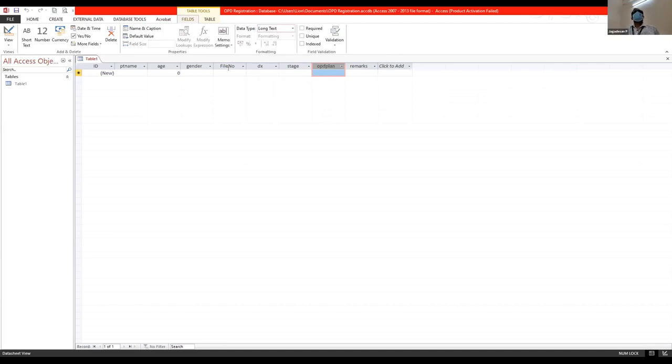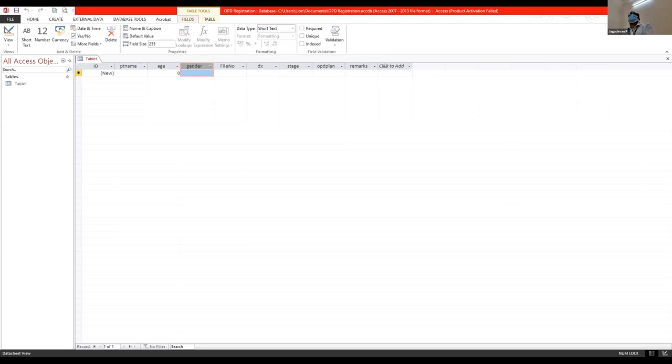In some places I would want drop downs, like in gender, we don't have more than three options: male, female, and a third gender. So I would rather want this to have a drop down menu rather than filling it up upfront. So I can convert this one. I'm going to click this and convert it into another field. It doesn't show up an option here, so let me just create a newer one.